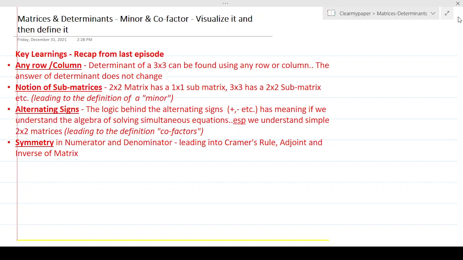In today's episode, we are going to talk about two interesting topics, minors and cofactors. They're interesting by themselves, and they're also important because they define bigger concepts like adjoint and inverse, which we'll see in future videos. So let's jump on to understanding what minors and cofactors are in the context of matrices